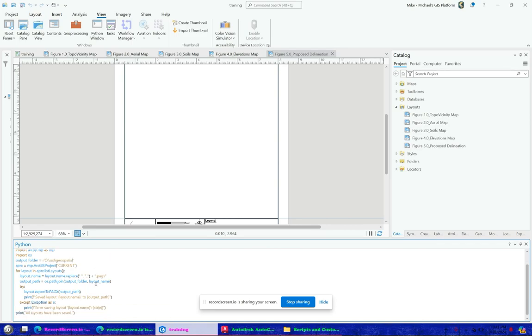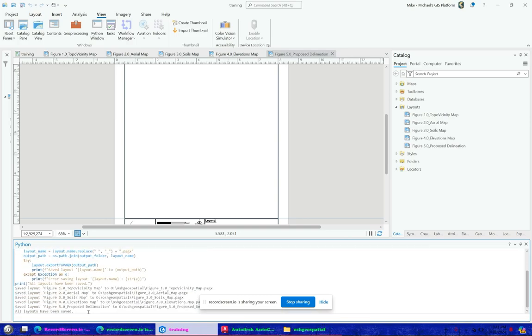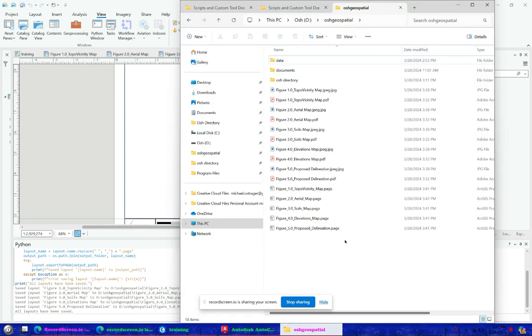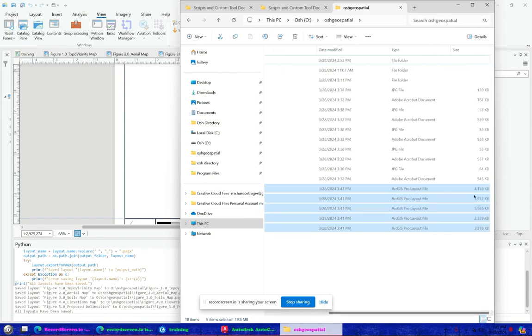And this is going to, assuming we want all 5 of these saved as layouts, just save all 5 layouts in this exact location. These are big files,